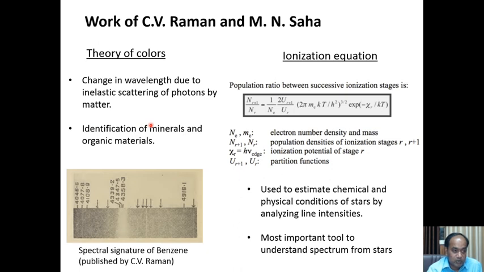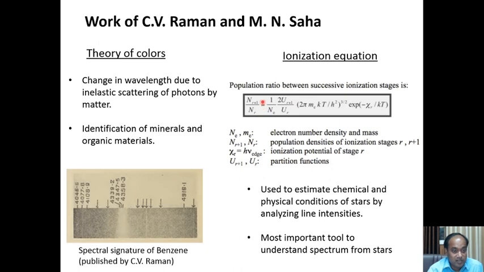That technique is basically used in identification of minerals and organic material, and this is one of the spectral signatures of benzene, which was published by C.V. Raman. Then there is a famous ionization equation of Saha, which is basically describing the population ratio between successive ionization